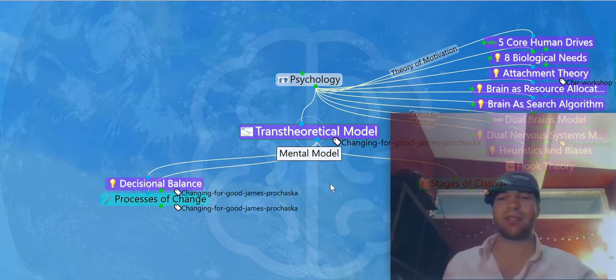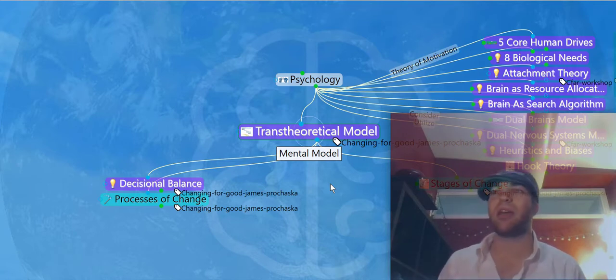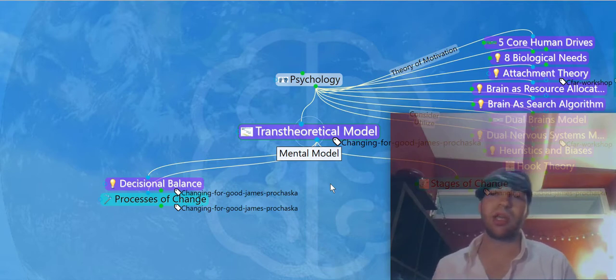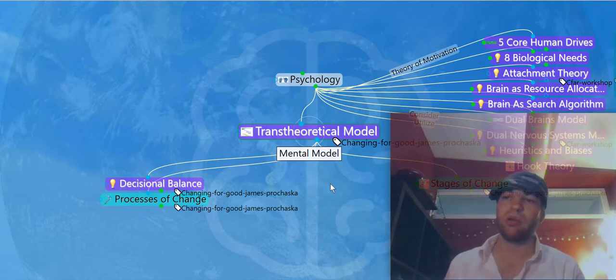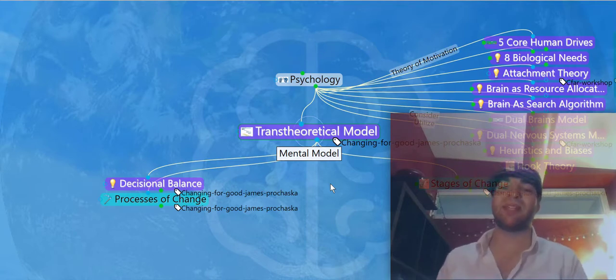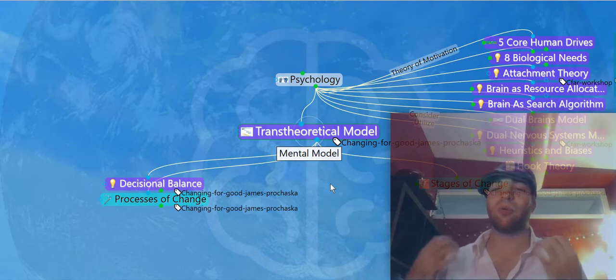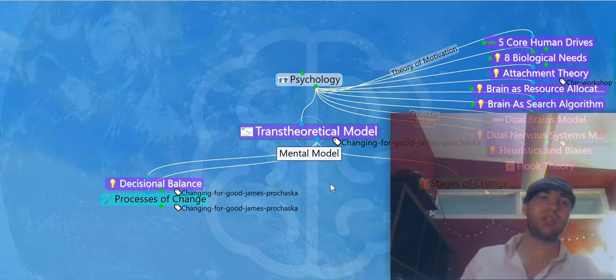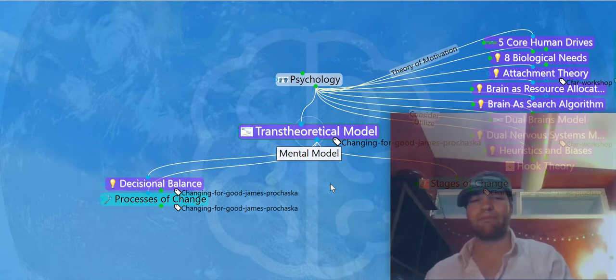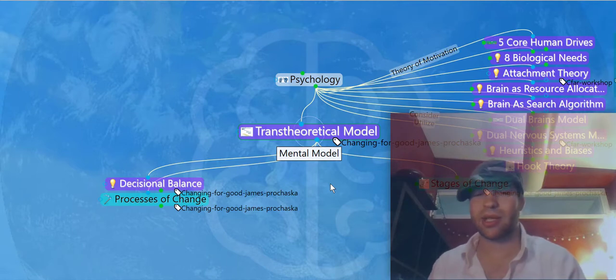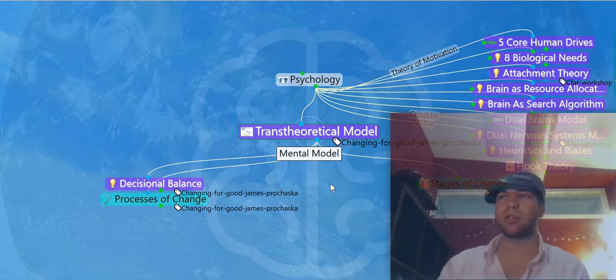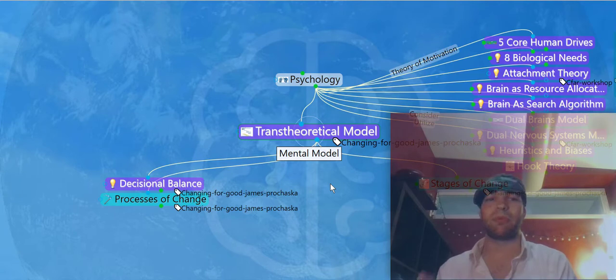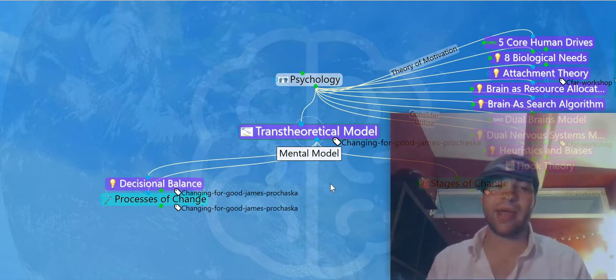At first, he couldn't find anything, but then he looked at people who had made the change the first time, who on their first go through were able to make the change and maintain it. And what they found was that there were actually matches between the stages and the processes used. They also found this interesting thing about decisional balance, where the pros and cons shifted over the different stages, but we're not going to go into that. What we'll go over today is the processes of change and how they match with the stages.